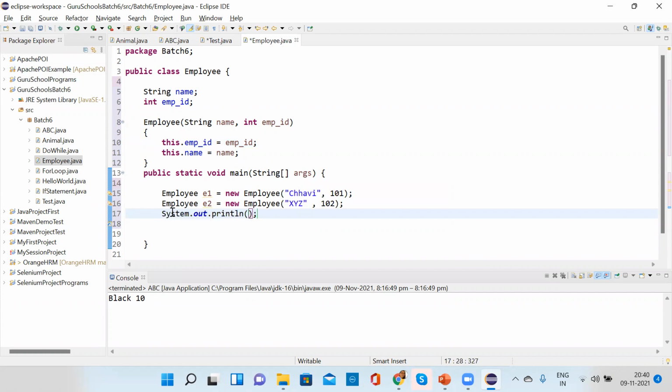Tell me. Employee ID and name, concatenation and space in between. Okay, so I wanted to write employee one. Now employee one, what I want to print here is Chavi and 101.